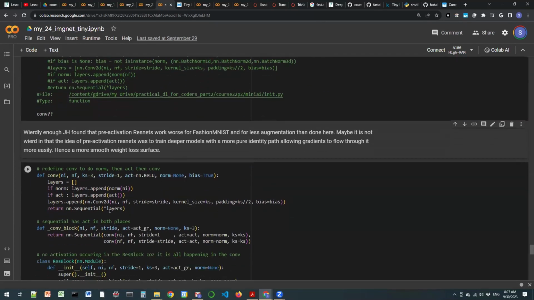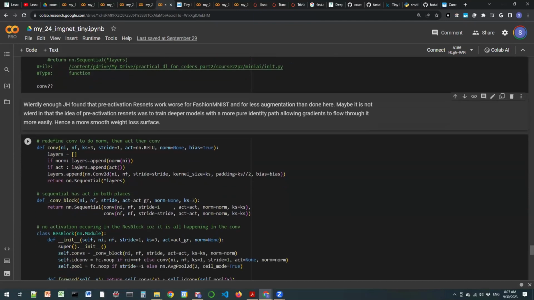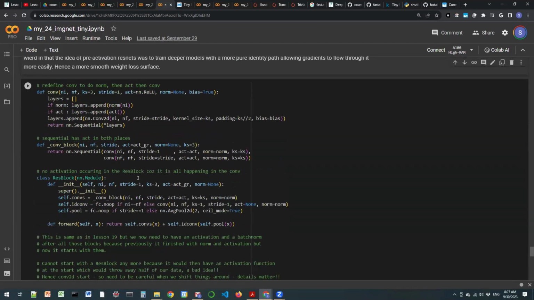But anyway, he does use the pre-activation network and changes the rest block. So that's where you do the norm, you do the act, and then you do the con2d. Right? And then you can see also in this case that the underlying con block is changed. So instead of